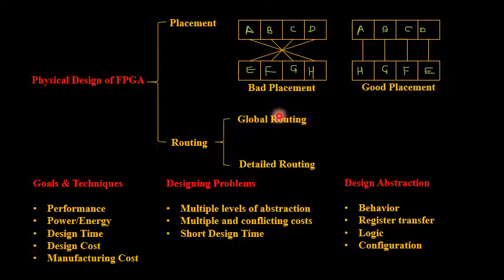In order to solve these problems, there are many ways which have been developed so that you can determine the order in which the wires are routed. You are going to decide the initial ordering to route, so that there is no delay issue. If you start with the large input output nets, then you can consume many of the routing resources which are available. So these are the steps you are going to take into consideration while performing the two steps of placement as well as routing in an FPGA design.